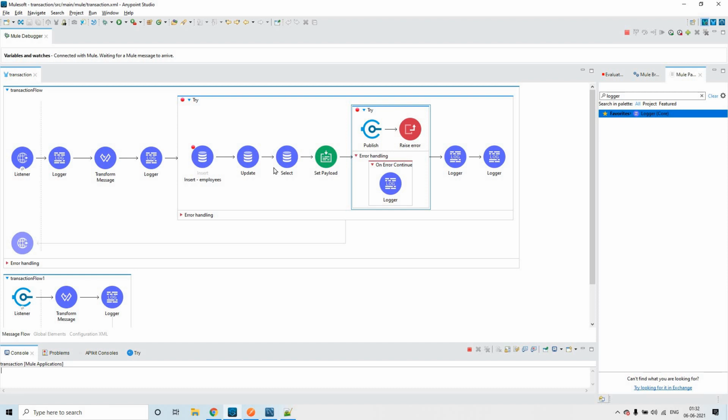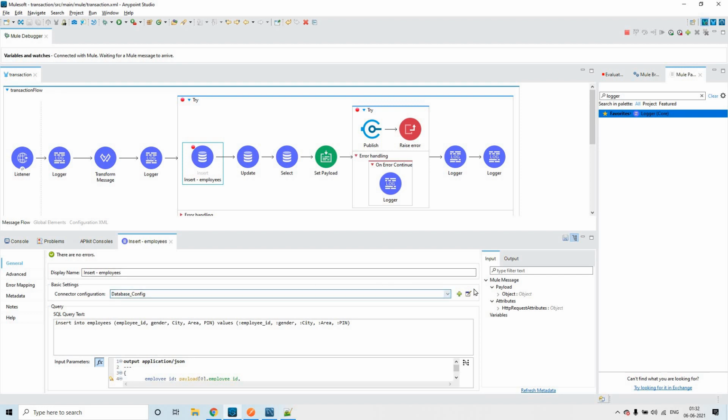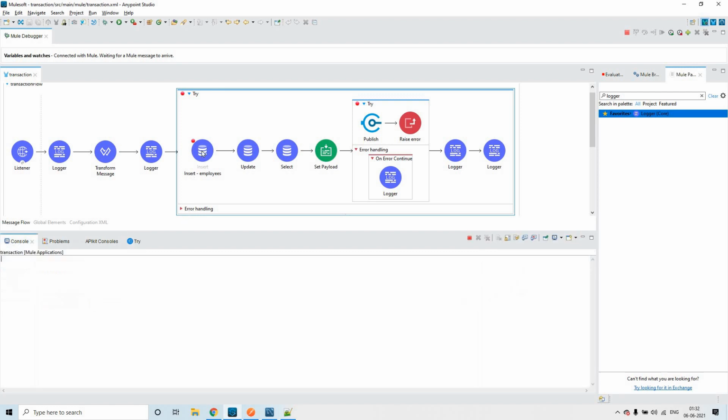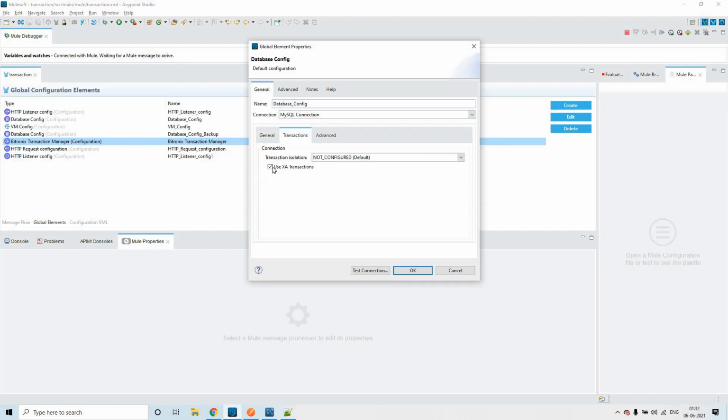One small thing I have forgotten to tell you: when you deal with XA transactions, you have to check if there is any option like use XA transactions. You have to check it, and if not, it will throw an error. You can try that.